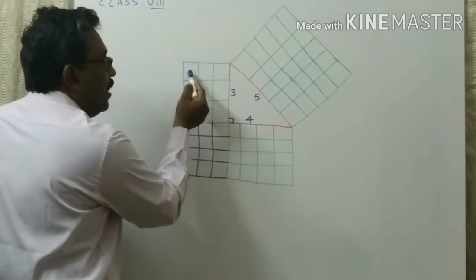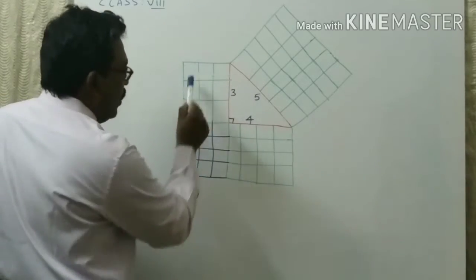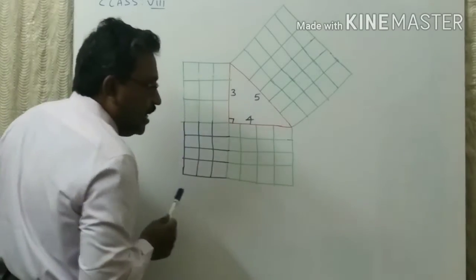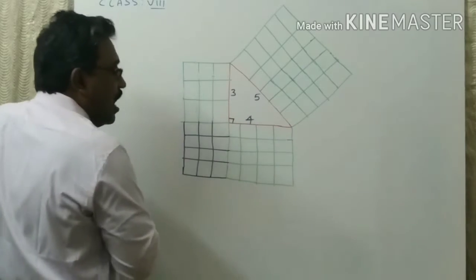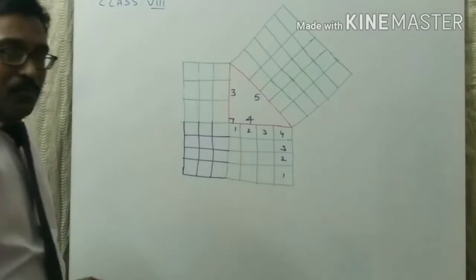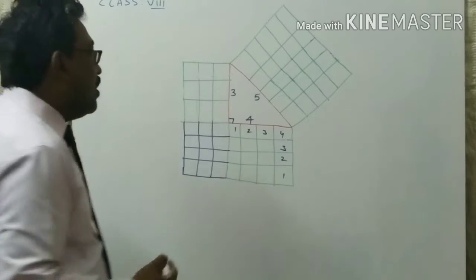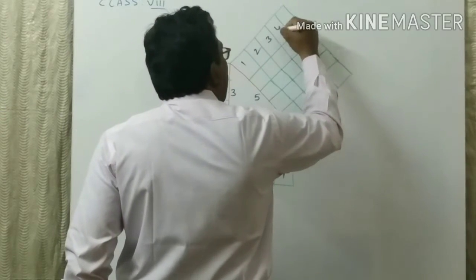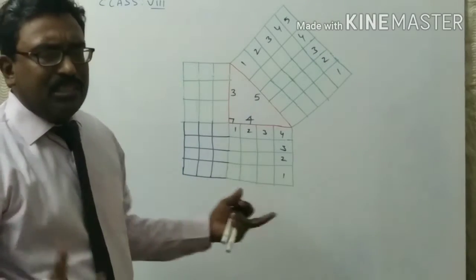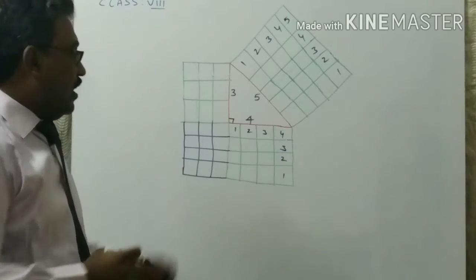Now see, a 3 by 3 square I did here. The area will be how much? 9 square centimeters: 1, 2, 3, 4, 5, 6, 7, 8, 9. Now it is 4 by 4 centimeters, so 1, 2, 3, 4, 1, 2, 3, 4. The area of the square will be 4 by 4, that is 16. Now it is 5 by 5, so 25. So 3, 4, 5 gives perfect squares, and they are from a right angle triangle.